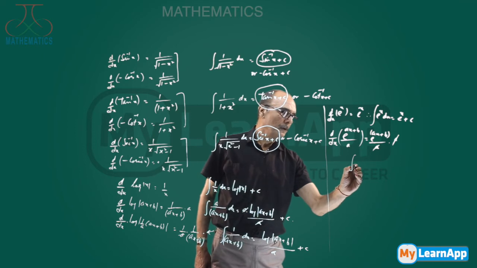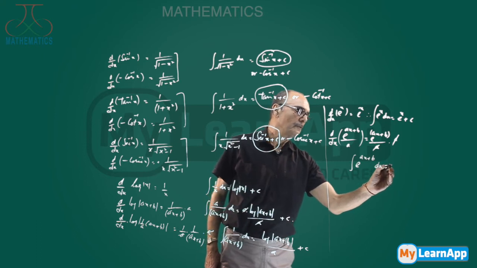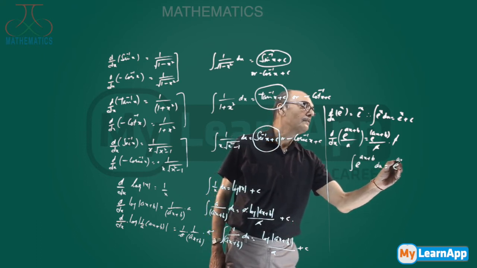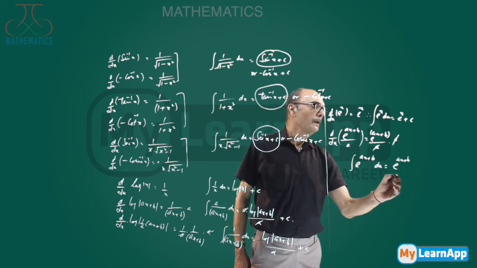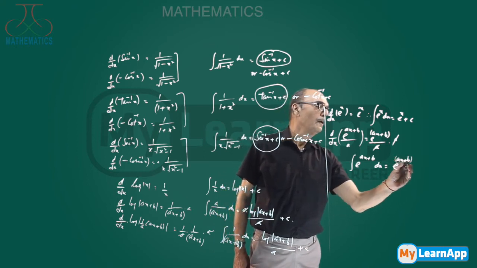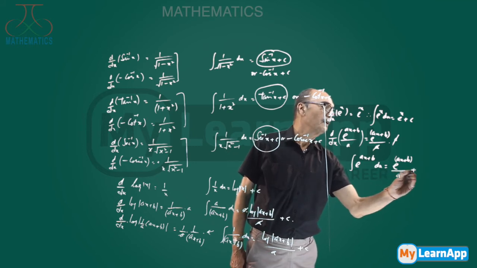Integral of e raised to power ax plus b d of x, this will be e raised to power ax plus b divided by coefficient of x plus c,